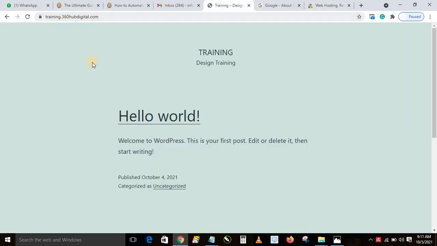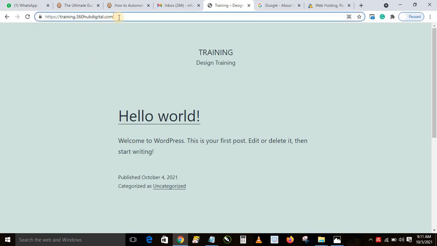This is the site I'm going to use for the training. This is a blank site, a blank WordPress installation. Yours is going to look something like this, just like this. What you want to do is type in your domain. In your own case, type in your domain. Let's say your domain is matthew.com. So you type your domain. At the end of the domain, you add